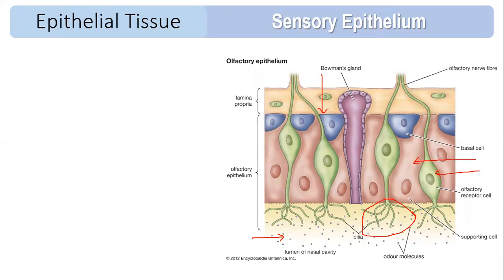So sensory epithelium is made up of modified columnar cells and elongated neurosecretory cells. It is a modified columnar cell as well as what? That is neurosecretory cell. At the apical end, they are having the hair which is going to receive the stimuli. So what is the function? The function is it is going to receive the stimulus.